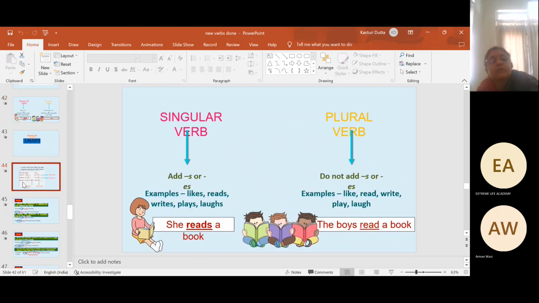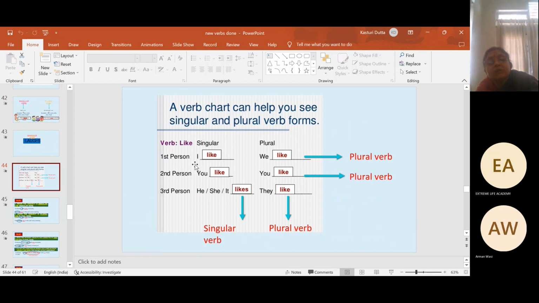Why can you not add s or es? Because, as I told you when I did pronouns with you, these are counted as plural. I and you are counted as plural. That is why you cannot add s or es. In the case of we, it is also the same thing, plural. That is why we like. Plural verb means you don't be bothered about the verb. Plural verb means the subject is plural, and with that, addition of verb means plural subject plus verb. That is why they say plural verb. If you look at the verb in like, you will get confused.